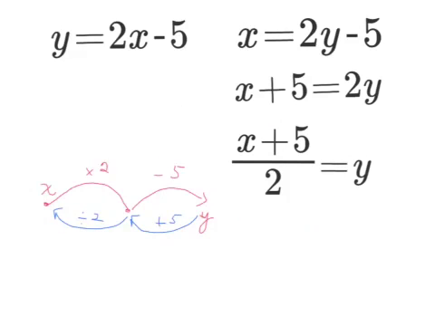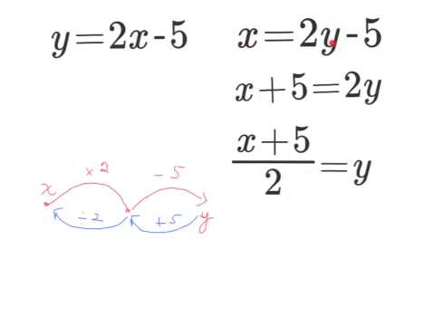In the last slide, we found the inverse by making a diagram and just going backwards. Now we're going to do the same thing, but we're going to do it algebraically. To do it algebraically, what you're going to do is take the y value and replace it by an x, and take every x value and replace it by a y. Then you're going to solve for the brand new y